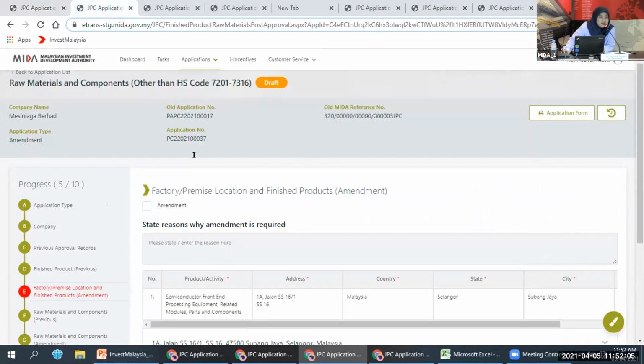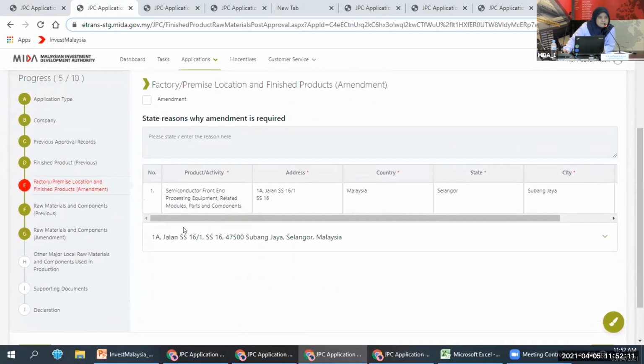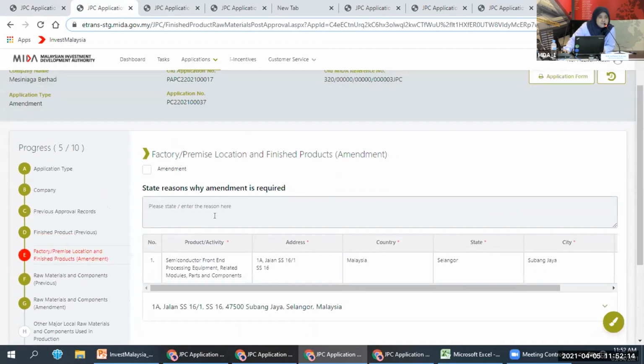Then in the next section, you will notice we have the factory premise location and finished product amendment section. For an amendment application, there are a few types of amendment. Companies normally want to amend the finished product, or the factory location.